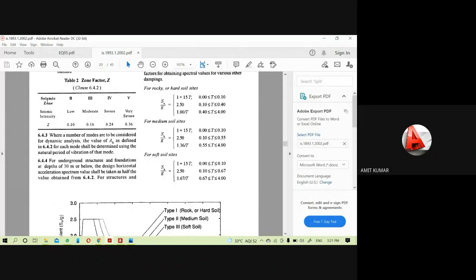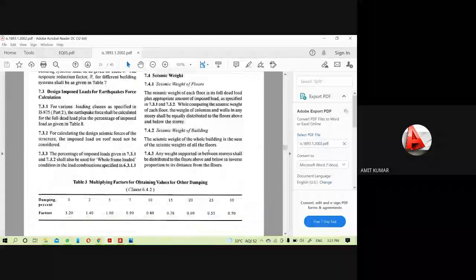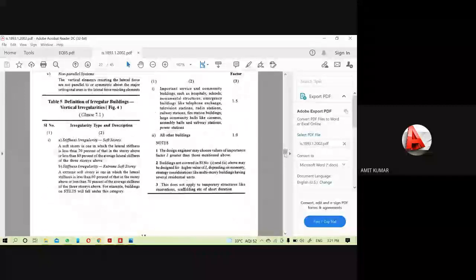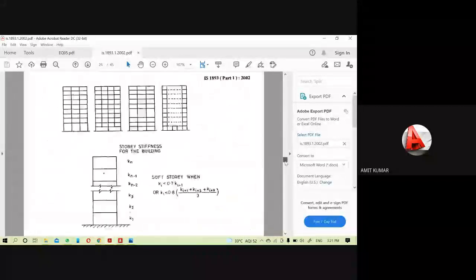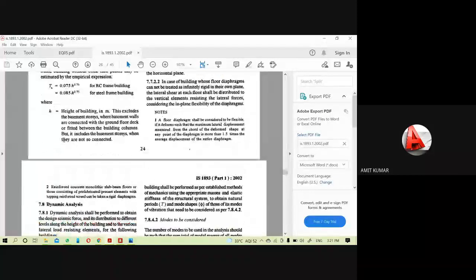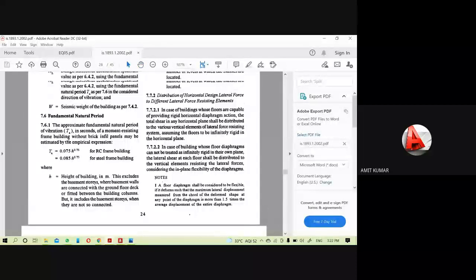Seismic intensity according to the seismic zone. Yeah, so here you can see the fundamental natural period formulas, how to calculate them.